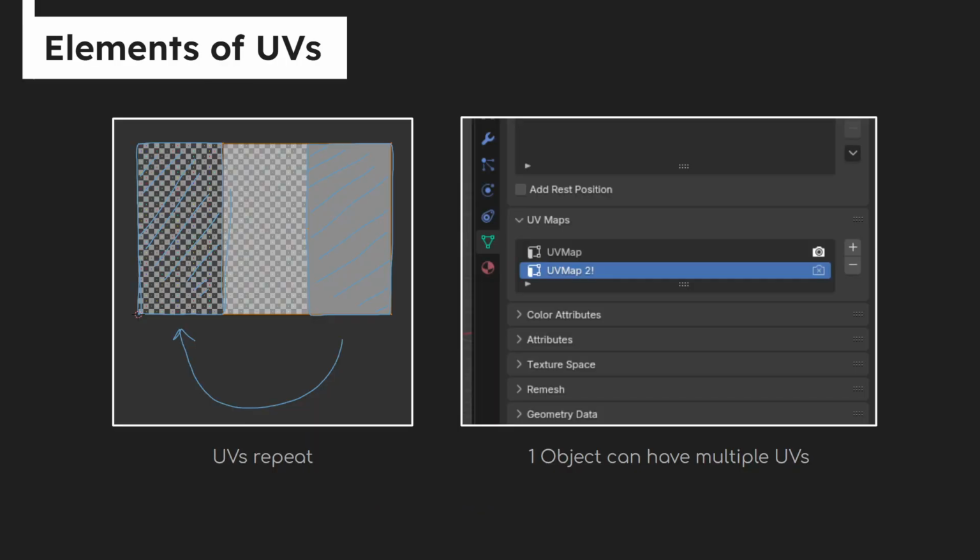But there are 2 elements of UVs that are super useful to us. One is that UVs repeat. And this one, I don't think I need to explain too much. You should be pretty familiar with this concept by now. I'm pretty sure you even explored it in Modeling 1. The UVs repeat. Once it extends over the edge of that 0 to 1 space, it's going to come back. So if I have something half off the UV, that other half is just going to take over on the other side. Okay? Another one that's new to you, probably, is that one object or one mesh can have multiple